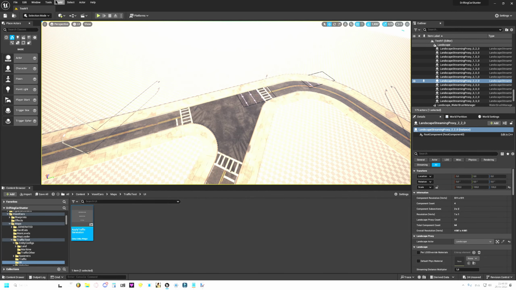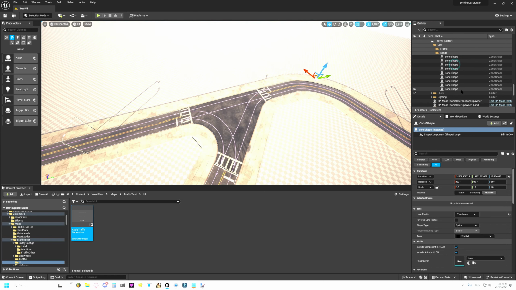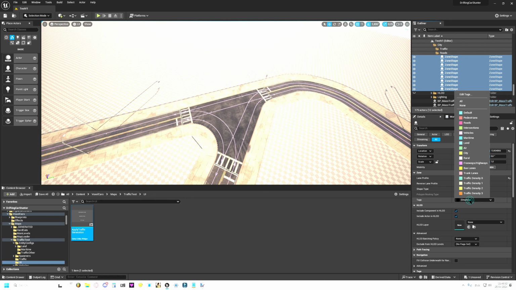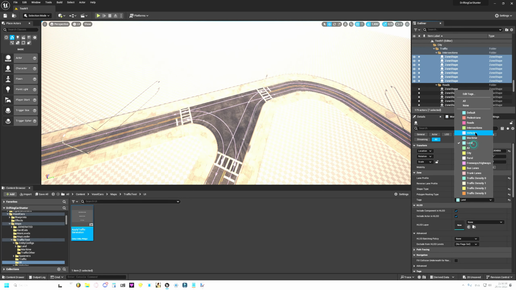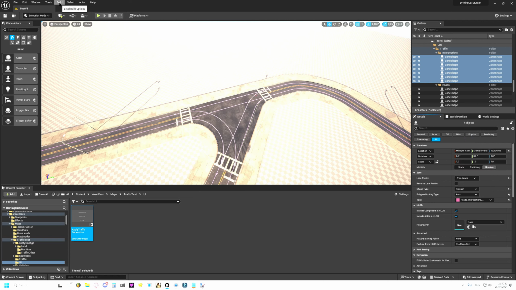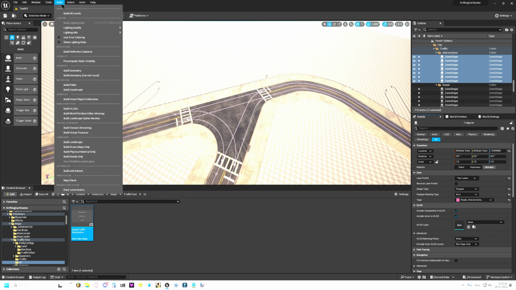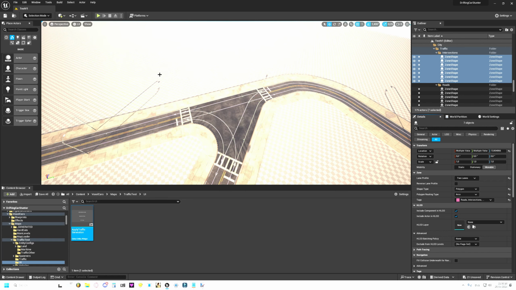And to fix that, we're just going to click build zone graph. Every time you change your zone graph, you have to do that. It's important. After that, just for visualization, we are not ready. First we select all our roads and we set in the tag traffic density 0 for our first test. Simple. Land, vehicles, roads. And for the intersections, it's land, vehicles, roads, intersections, traffic density 0. After that, as always, when you do changes, it's build zone graph. It doesn't build itself